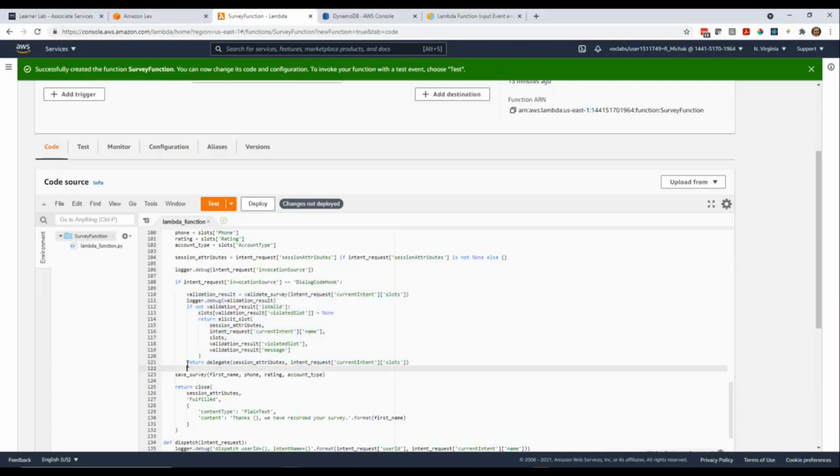And then that's what this is doing. Delegate basically returns the control back to the Lex bot to do its next thing. So this will end the execution for the Lambda function if for some reason any validation stops. We simply return back, hey, you got to fix this, and the Lex front end will handle presenting the correct